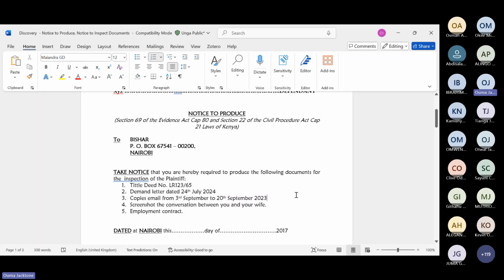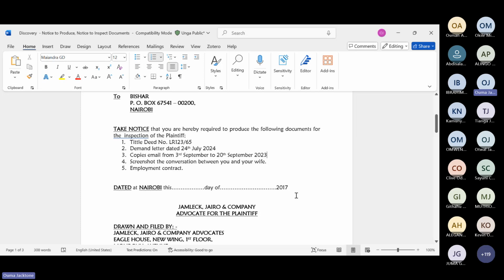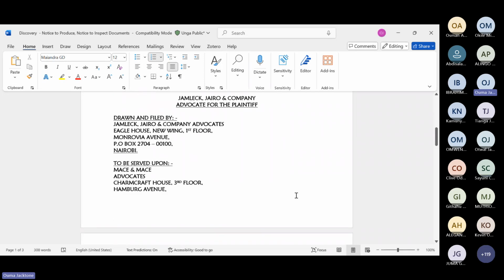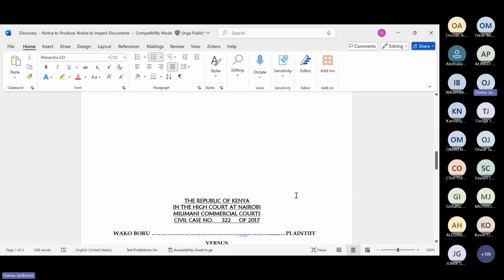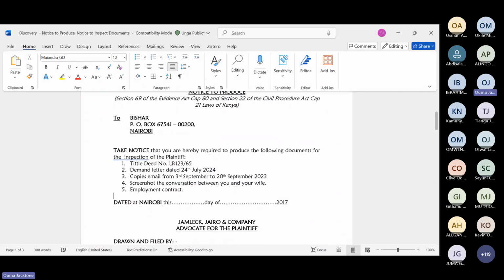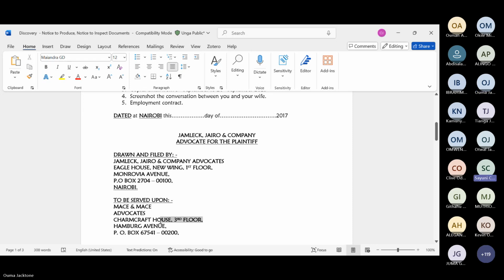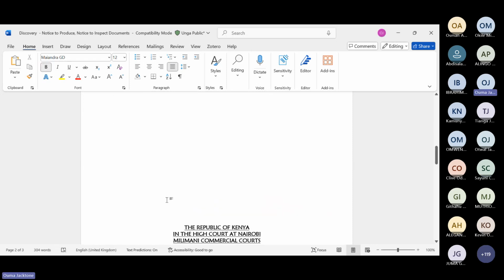Okay, so that is the notice to produce. Drawn on file by, to be served upon. Full stop. Okay, so let me bring this one up. Let me remove that. All right, so we have that under one document.